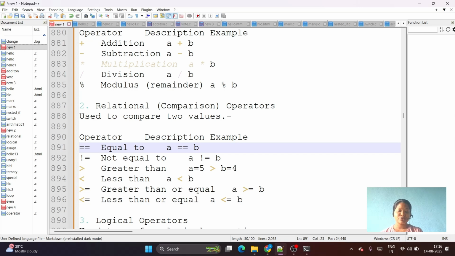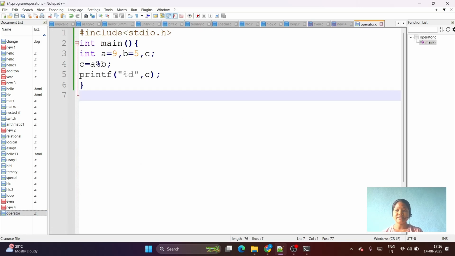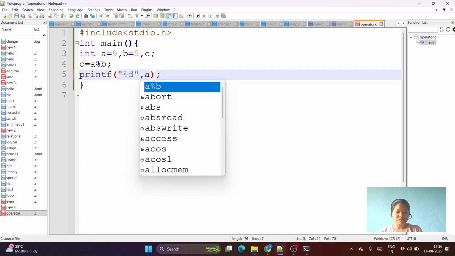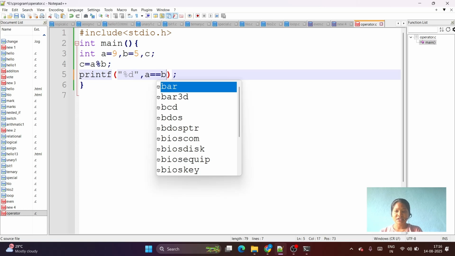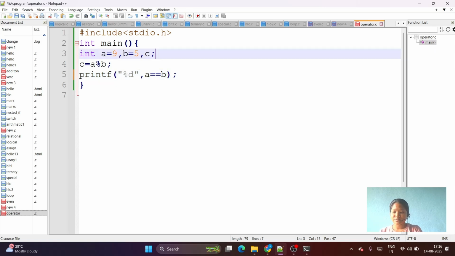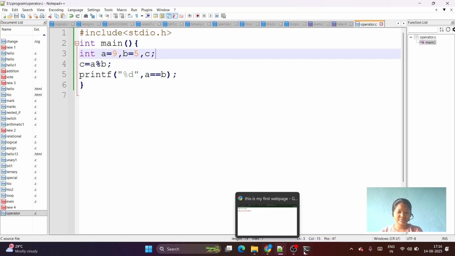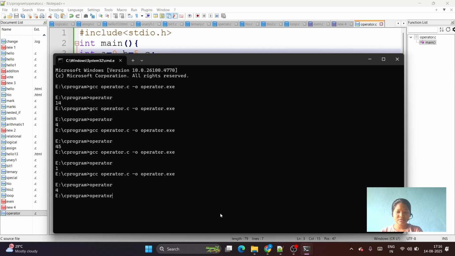Okay, let me do this also. See here I'm storing this 9 and 5 into two variables, a and b, and here we'll compare this. You can compare directly also: a equal to b. Then compile,